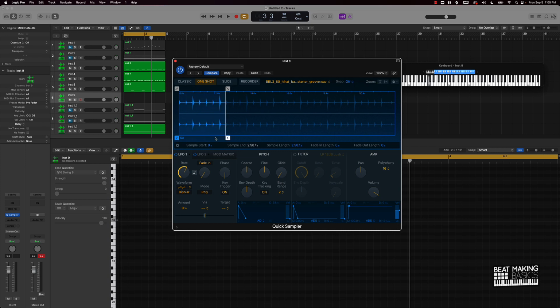So I can take it over here, grab this guy, but again, you want to make sure you're at the beginning of where that sample starts. You can know it by zooming all the way in. And if you need to, you can get all the way where the transients are or right before they start for that sample, okay? So now I got a